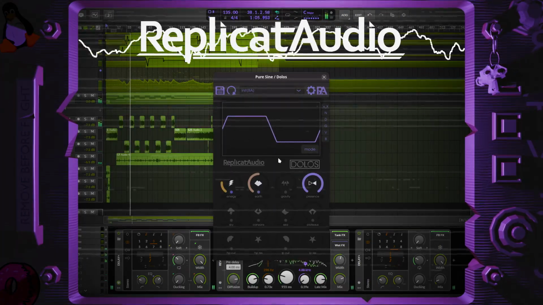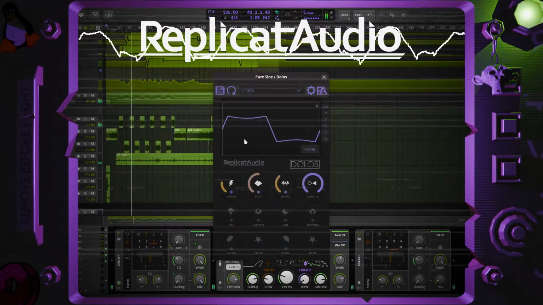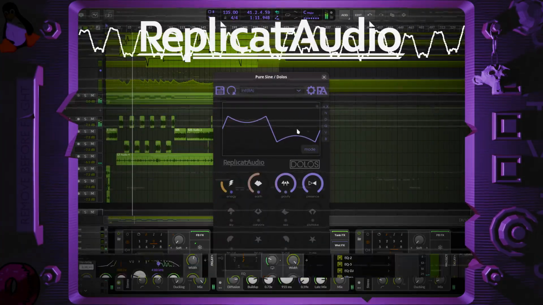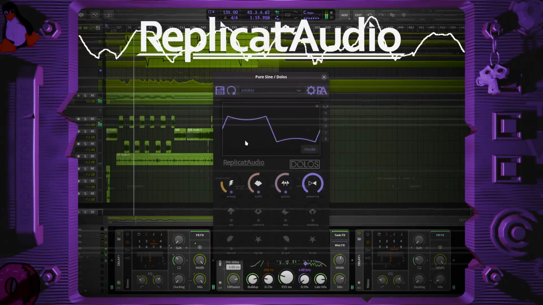On the third day, there was gravity. Gravity pulls the top of your waveforms down, and for some reason also pushes the bottom of them up. This is the core wave shaping function of the plugin.